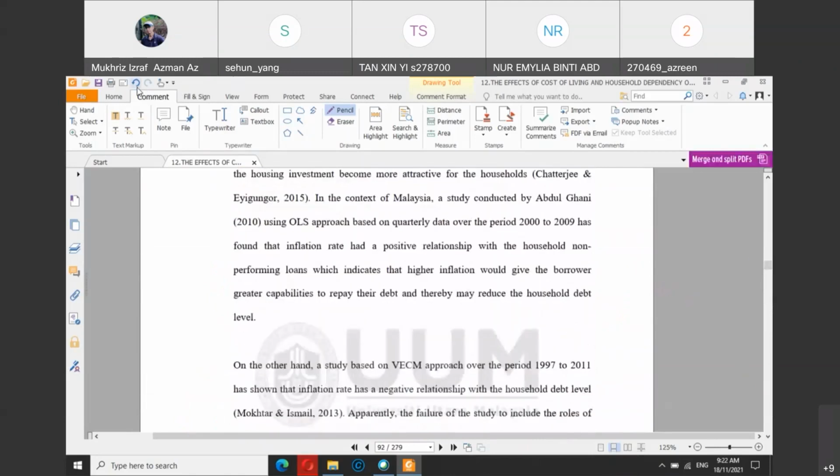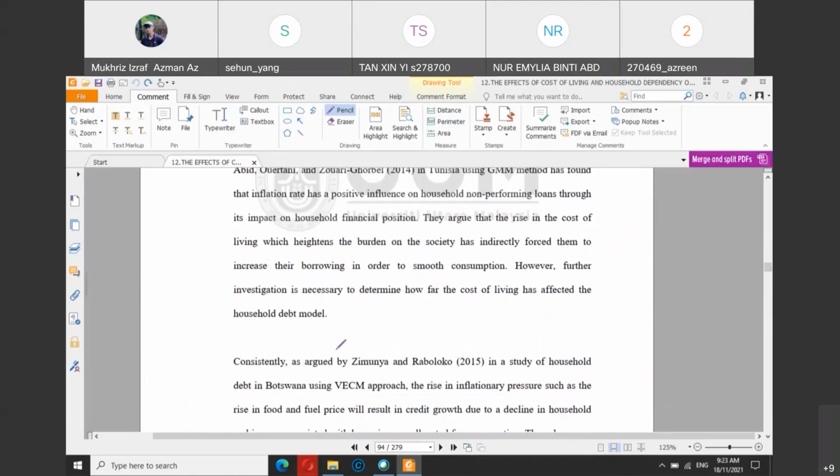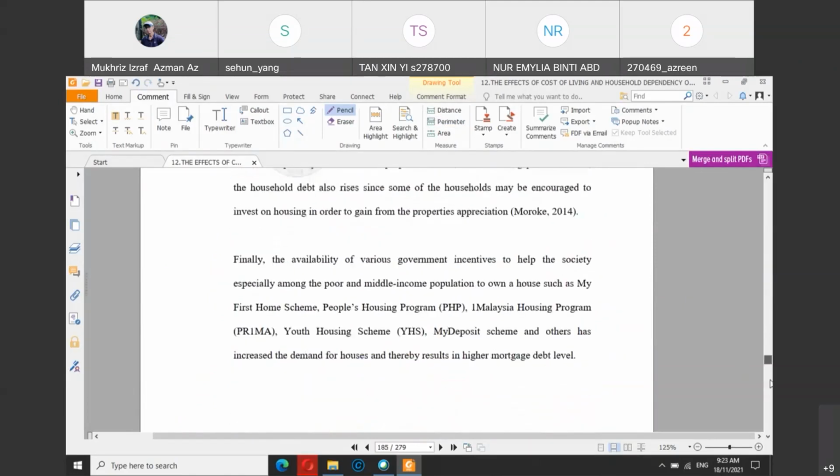So this is where sometimes things become very messy for students, because first, the article that you mention in the text must appear in your references.